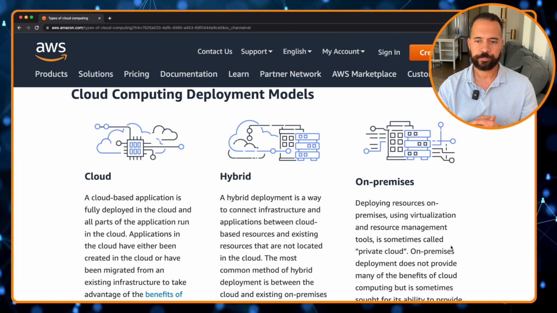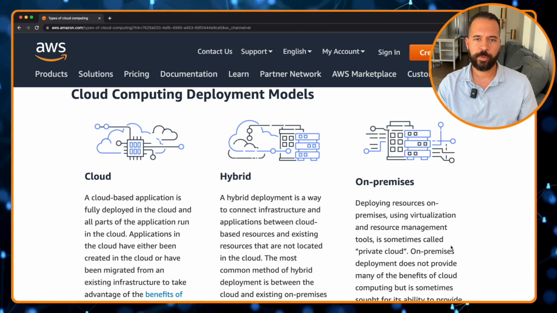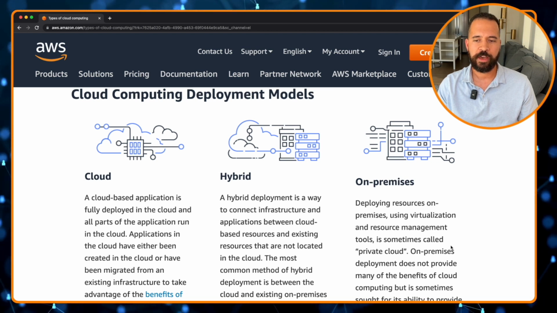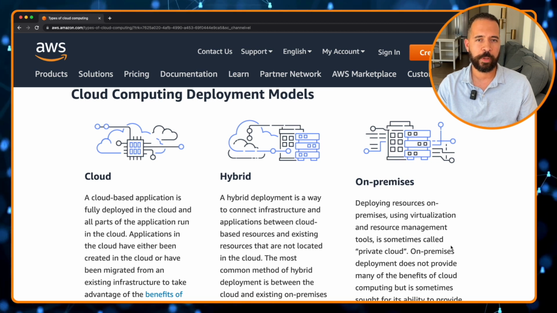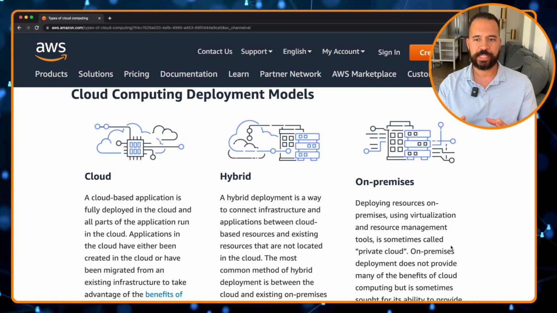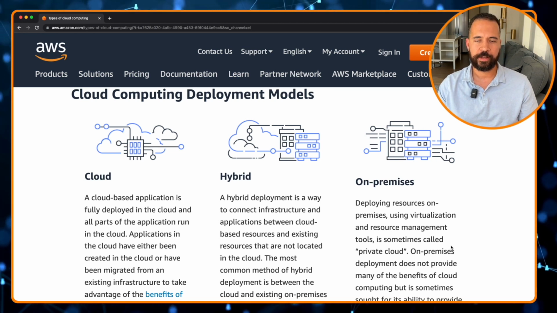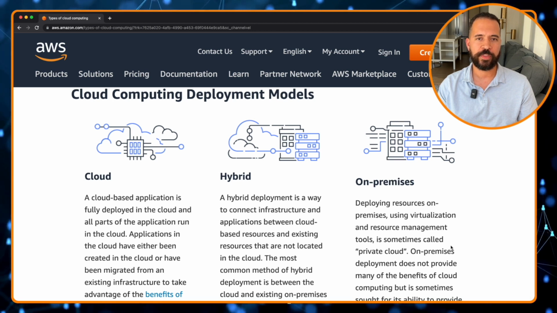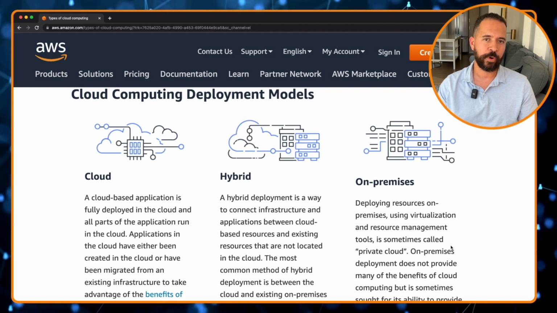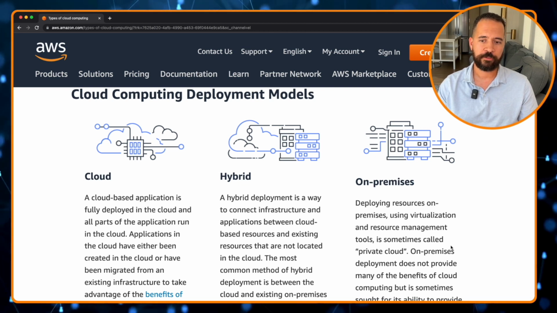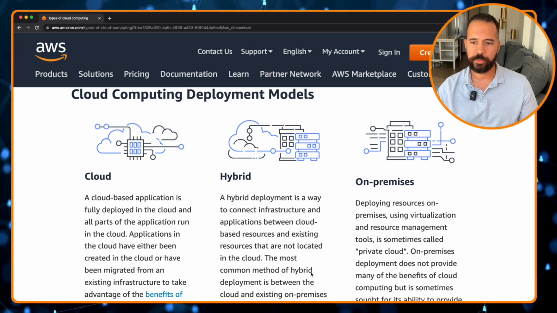And in the hybrid deployment model, what's nice about this is that when customers have a foot on premises, but they want to go to the cloud, the hybrid deployment model bridges that gap so that they can more easily coexist in both the on-premises environment and burst into the cloud as they are working to ultimately migrate fully to the cloud. So let's look at some of the details here.